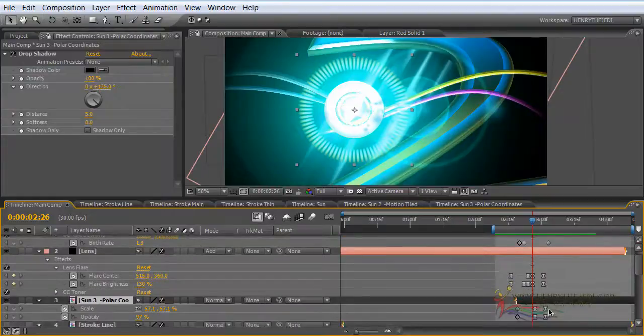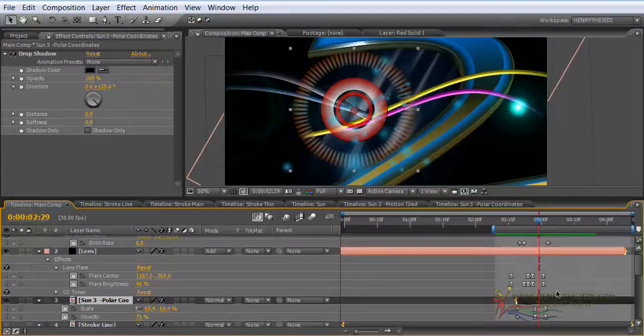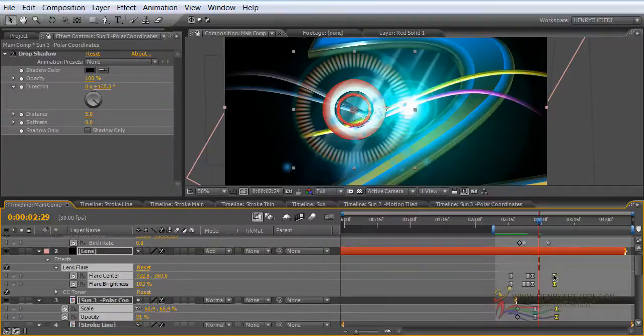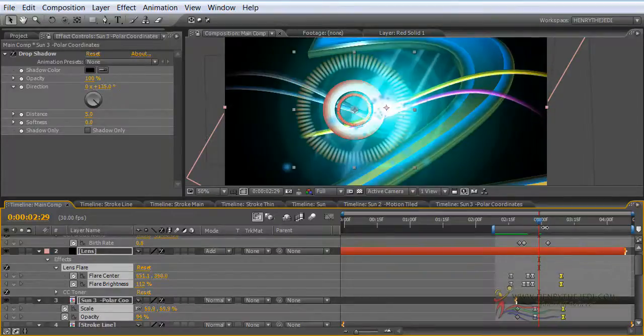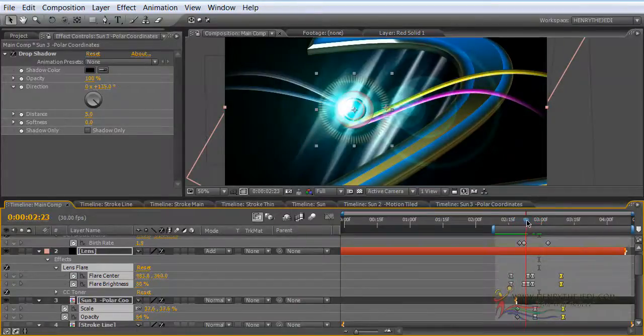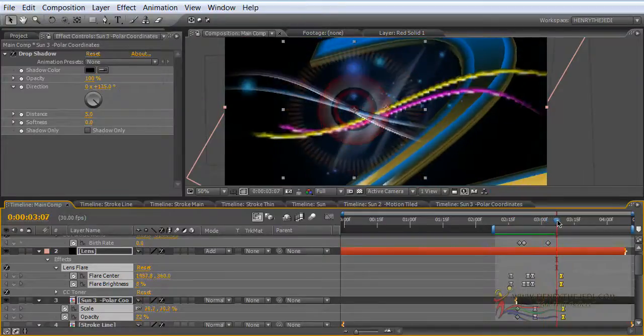The sun, where is it? Yeah, the sun and the lens flare, we're going to select both the ending keyframes and move them outwards like that, so that we have much more time to admire the scene. So it's going to shine and then move out of the scene slowly. In fact, I think